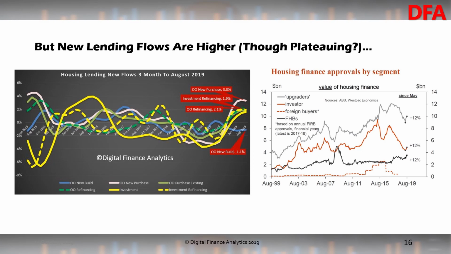On slide 16, you can see that the net lending flows are higher, or they're plateauing. So these are new loans coming in. I was expecting to see a bit of a bounce following the rate cuts and following the APRA loosening and all those sorts of things. What's interesting is that last month didn't seem to move up as much as previous month. So maybe that was a bit of a sort of a May, June, July reaction.